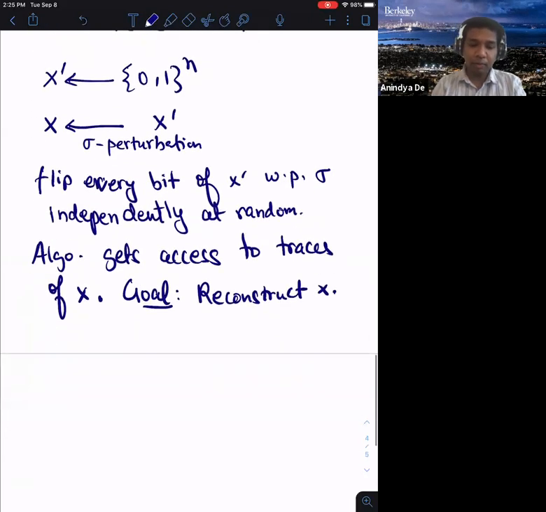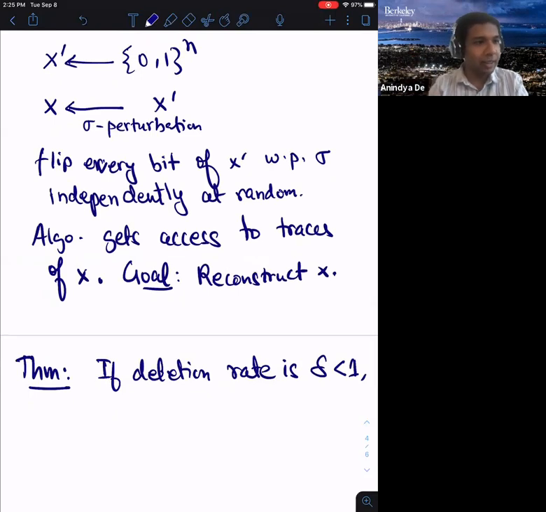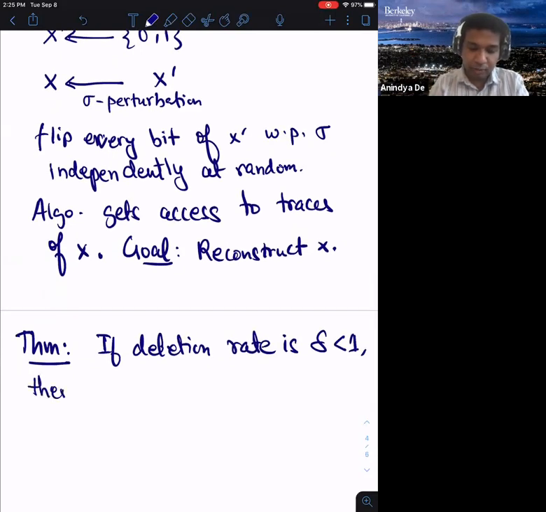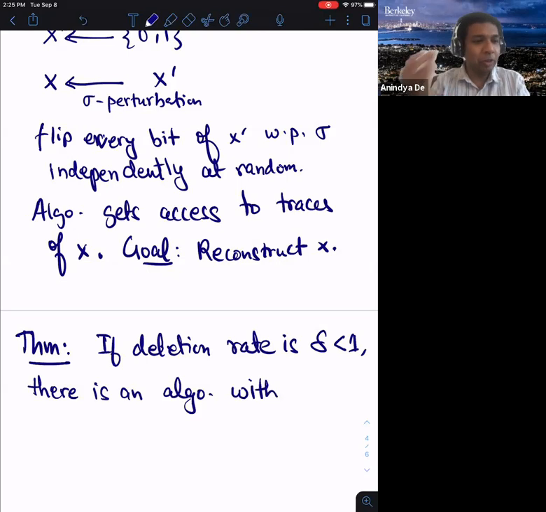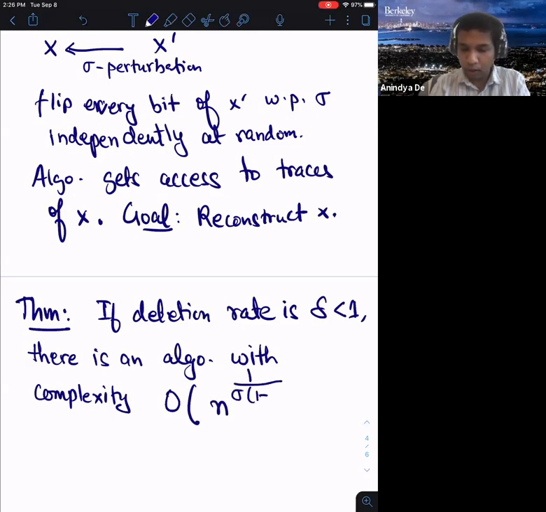And our main theorem is that if the deletion rate is delta, with delta less than 1 (of course, if everything gets deleted, you can't do anything), then there is an algorithm with, again, I'm just going to write one number, both the sample and the time complexity, of order n to the 1 over sigma (1 minus delta) log of